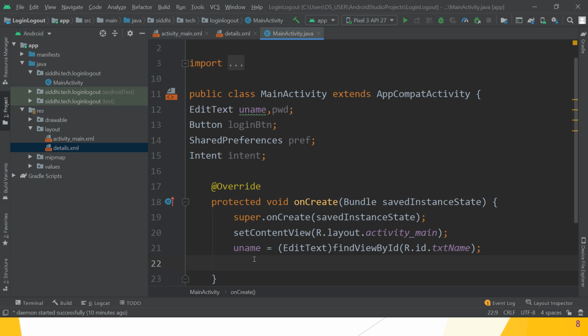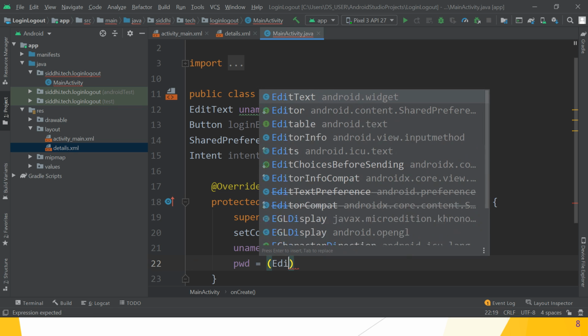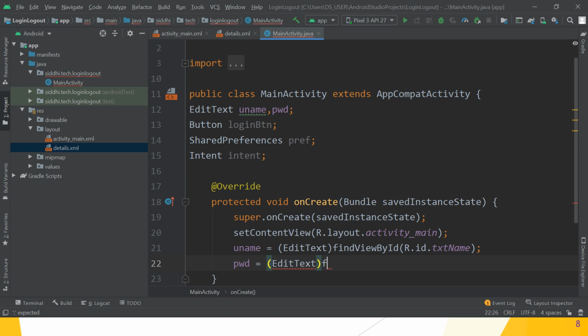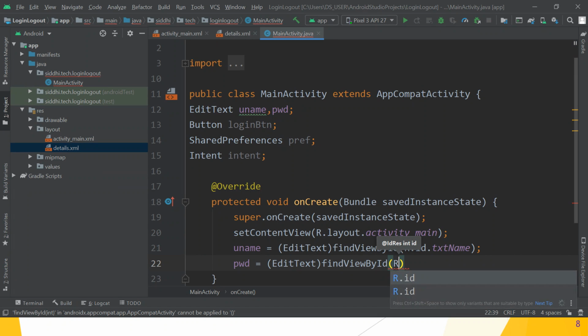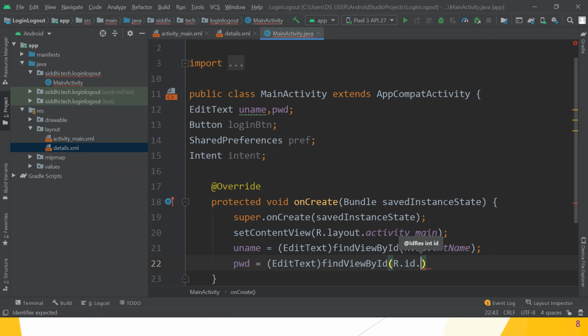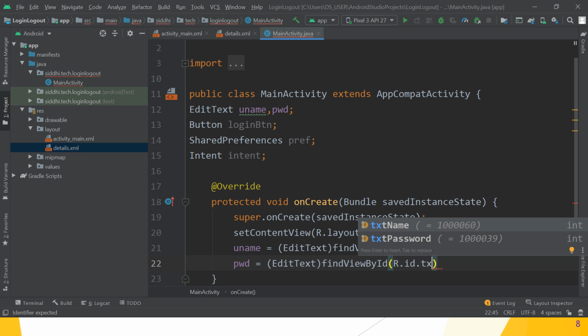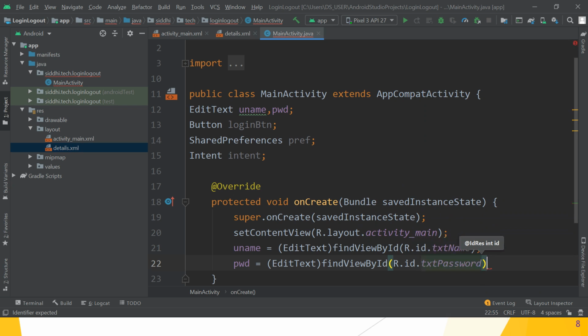Great. So after that, the object of pwd, that is password. In a similar way we can use EditText, then findViewById, then R.id.txtpassword, choose it. Great.